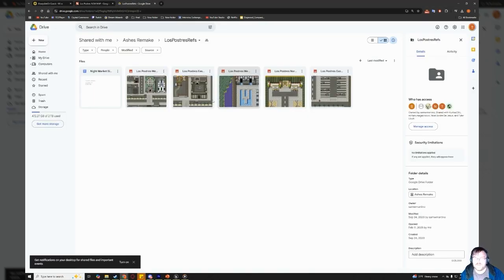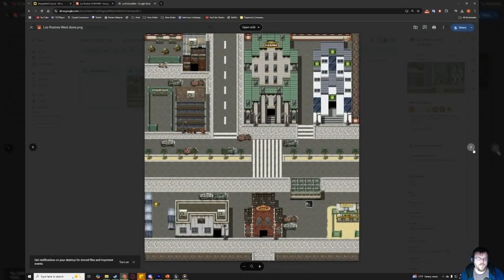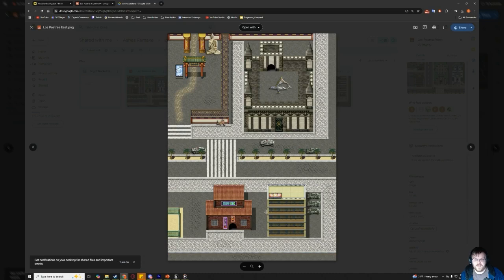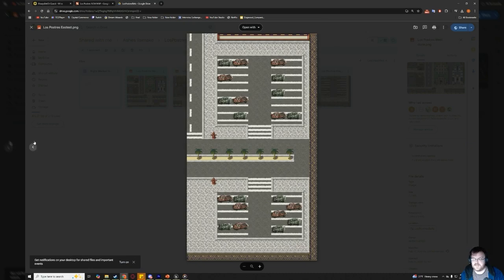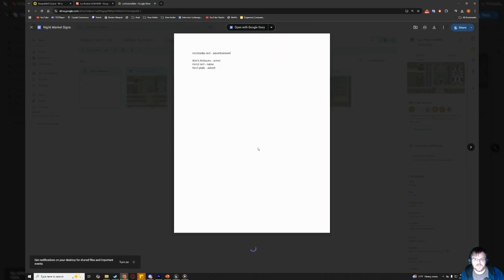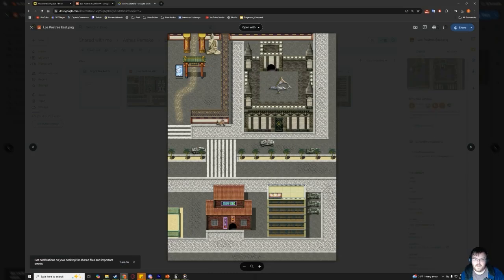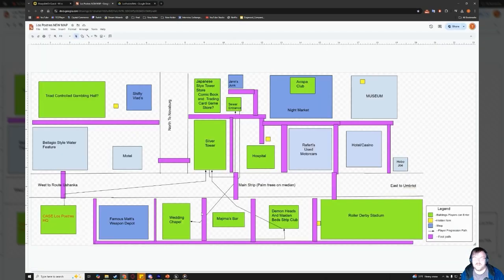Also we have some references from the original Los Postres map here, the way that it looks in our RPG Maker version. So here is your Silver Tower. Here's your strip club, I think. That's the bar. That's a shrine, rather. I think this is the entrance to the night market. Anyway, these are the layout from the original game, and then we translated it into this for the remake. So that's how you go about building your initial design, and then translating it from paper into the